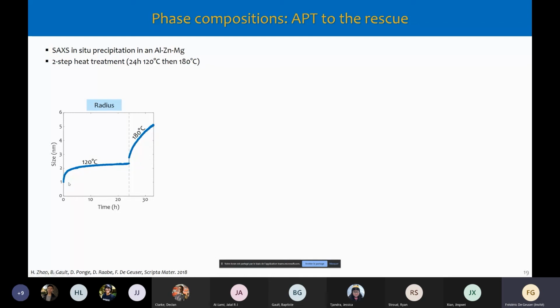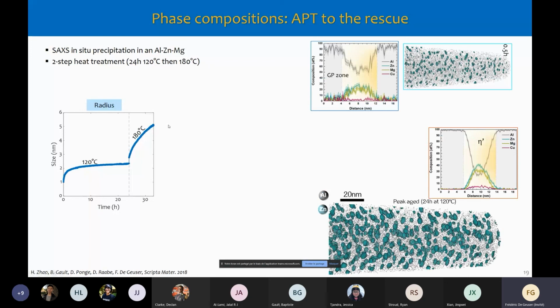I can just fit my data, and this is what I get. You see that the size increases slowly, and when you increase the temperature, it increases faster, which makes sense. But if I want to have volume fraction, I need to do atom probe experiments, and this is what I did in collaboration with Huan Zhao and Baptiste